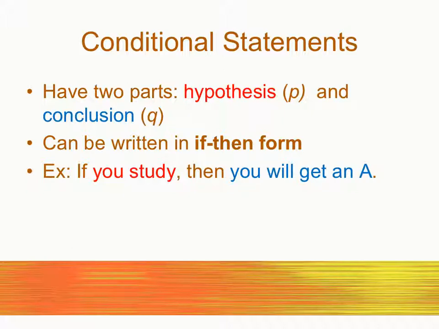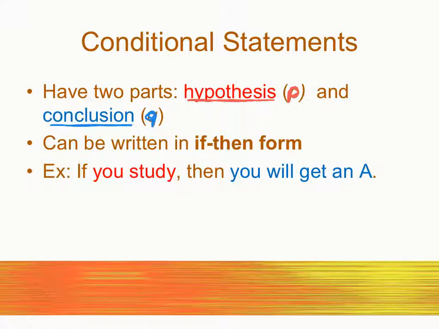It's the, bro, you're at a crossroads. You decide to punch your brother. Here's what's going to happen. So when we have conditional statements, we have two parts. The hypothesis, and you're going to see, I'm going to color code a lot of this in red and blue. And we use this letter P all the time to identify the hypothesis. We're going to use the letter P to represent the part that is the hypothesis. And then we have the conclusion. So there's the if you do this, then here comes the conclusion. So the then part is the conclusion. And we use Q for that. What's going to happen if I do that?